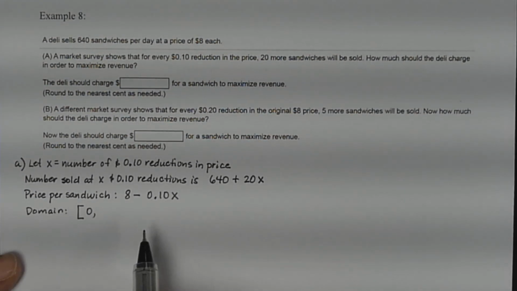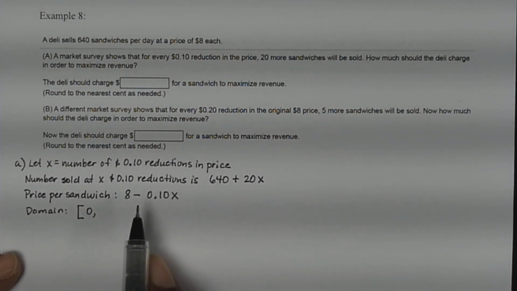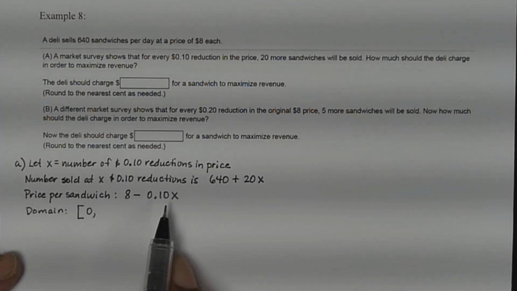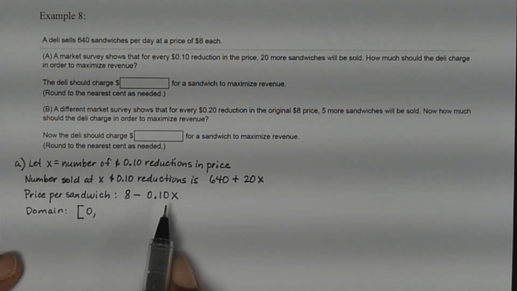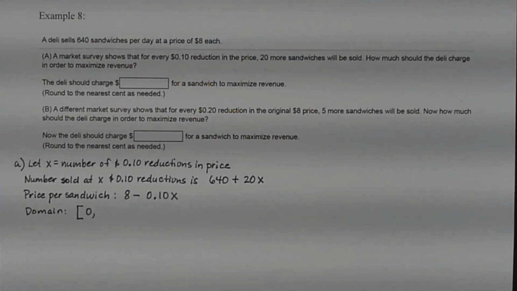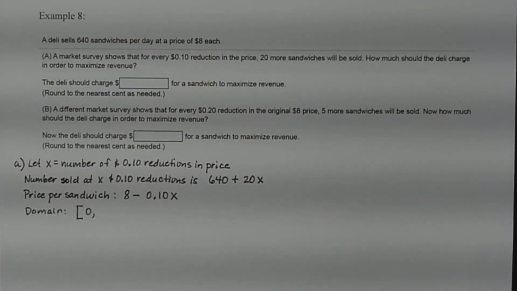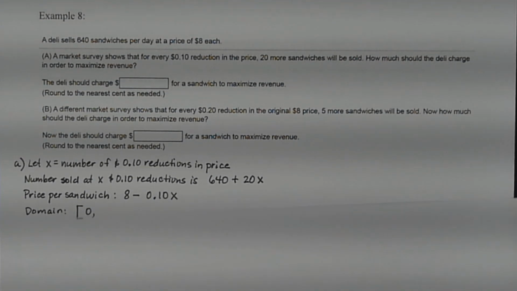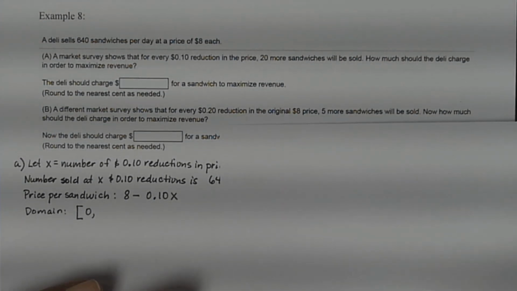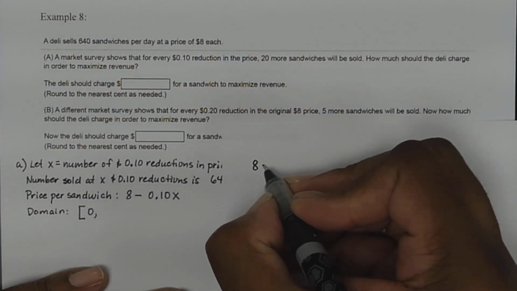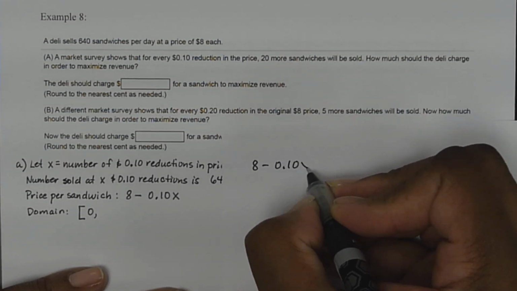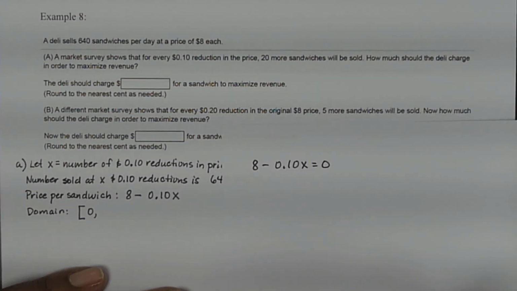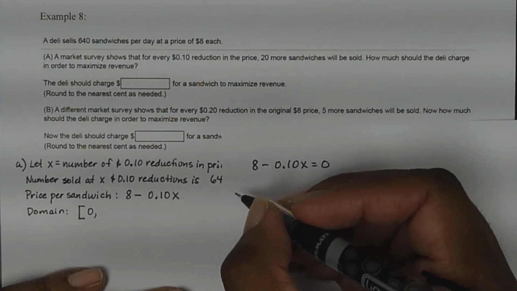Now, here's where you find the maximum. If I take that 8 minus 0.10x, set that equal to 0, and then solve for x,